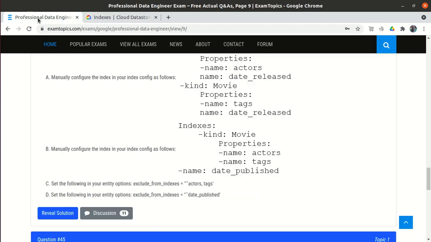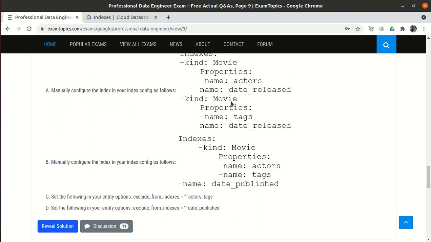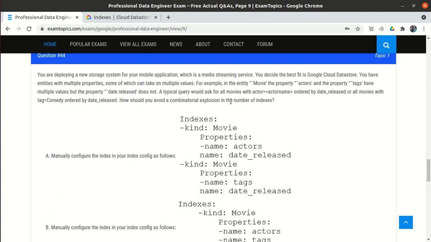Here we have to run a complex query, meaning actor or date list, or all movies with the tag and the date list. So we are using a complex query, and a complex query can easily be served by composite indexes. So these are the composite indexes, where we differentiate the properties, one kind of property and a second kind of property.